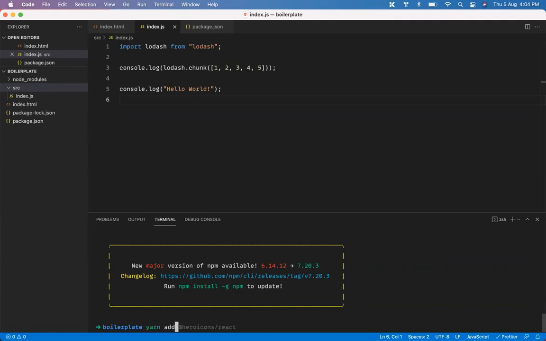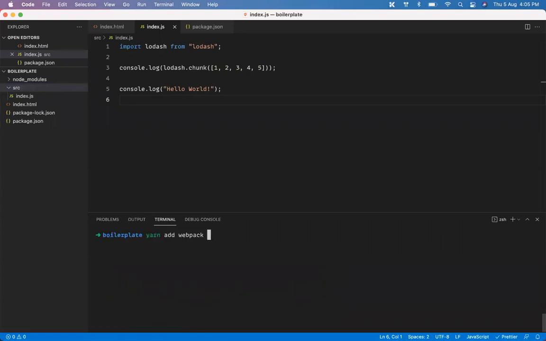For that, I'm just going to add two packages. Here I'm using Yarn, but if you're using npm, it is very similar. In my system, it is Yarn, so I'm using it, but you can just say npm install. It is equivalent to saying yarn add. So I'm just going to add two packages here. That is Webpack. So Webpack is a package. There is another package called Webpack CLI.